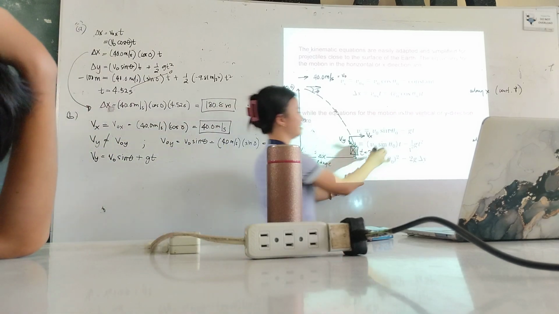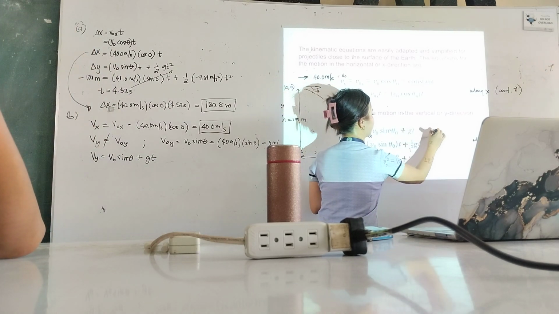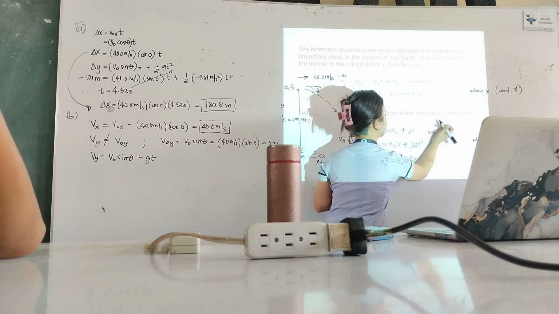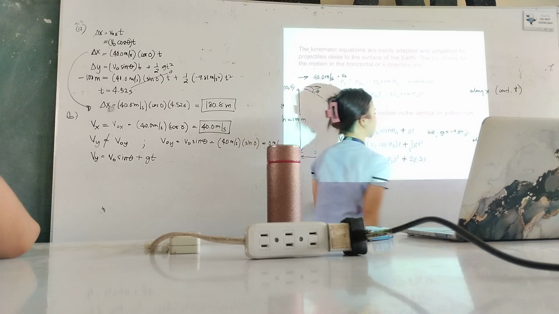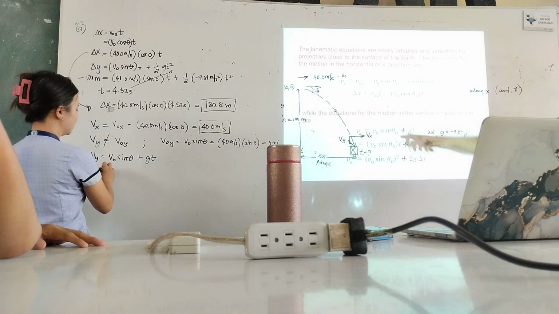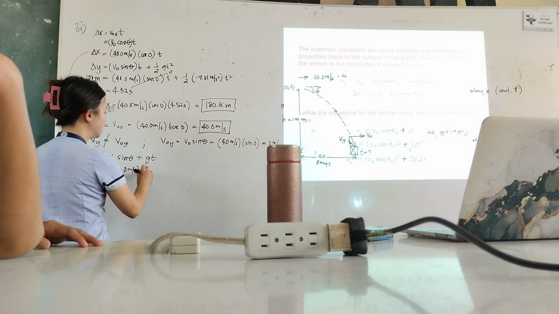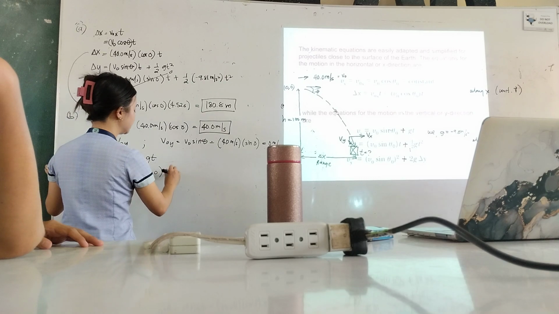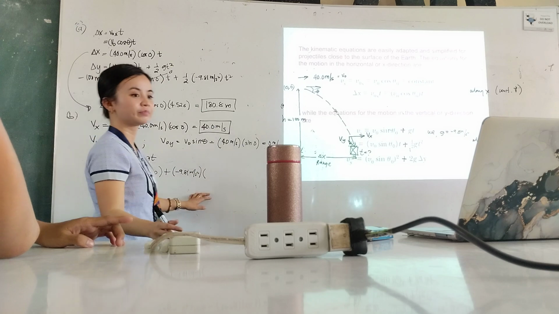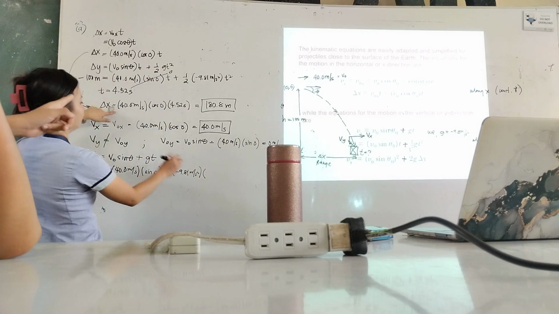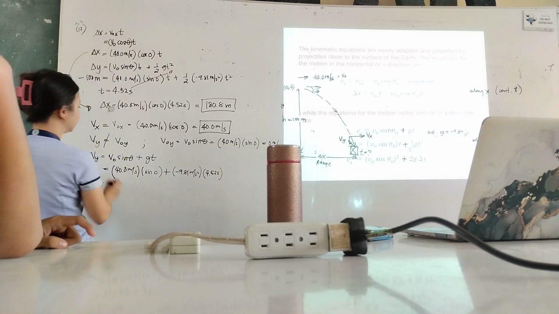Since gravity is downward, it is negative. So V0 again is 40 sine theta plus negative 9.81 times time. What is the time? 4.52 seconds. So Vy is equal to,